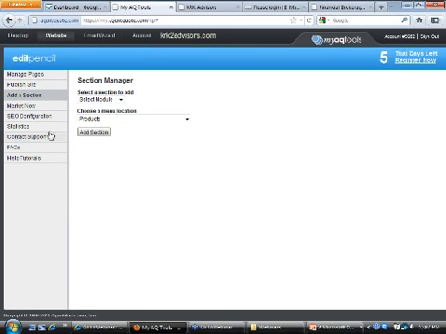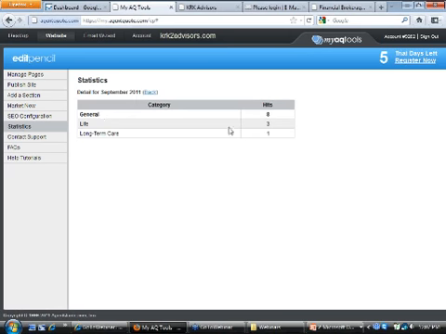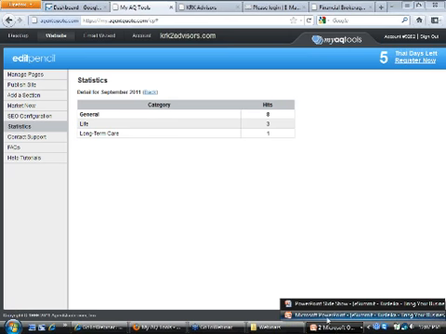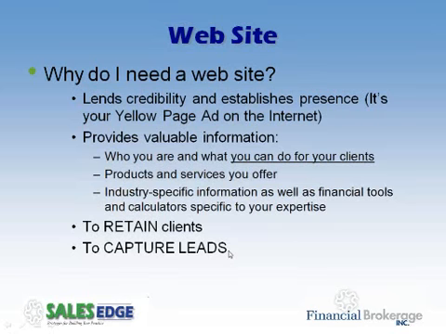So now you've built your site, you want to know who's visiting my site and how often. Well, on the left-hand side they do have a statistics tool. It's not very in-depth, it's pretty basic, but it will give you an idea of, during the month of September, how many hits you had, and into what sections, what clients are finding important. I'll show you in just a little while a very extensive tool that can do some great analytics for you. So now we're going to go back